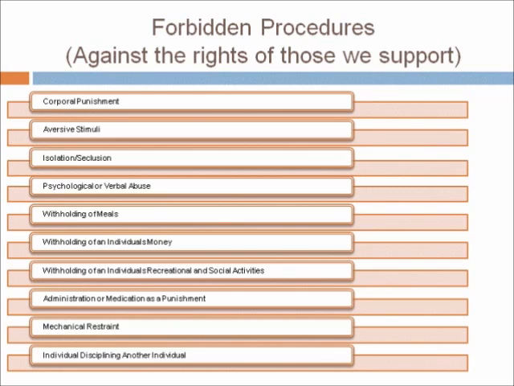Please refer to handout number 6 of your classroom packet, entitled Forbidden Procedures. And they are as follows: corporal punishment, such as slapping someone's hand or spanking; adverse stimuli procedures that are punishing, physically painful, emotionally frightening, or that have the potential to be a health or safety risk to individuals when they are used to modify behaviors; isolation and seclusion, such as timeout; socially isolating or deliberately ignoring an individual for an extended period of time despite the display of a positive behavior is prohibited;